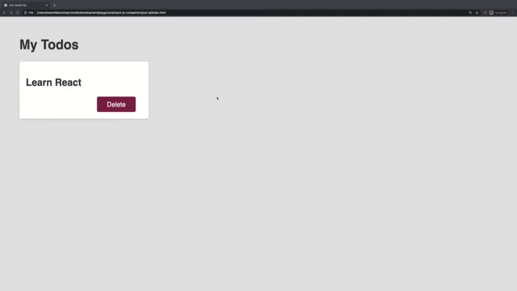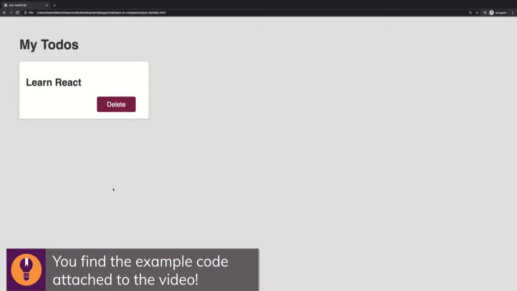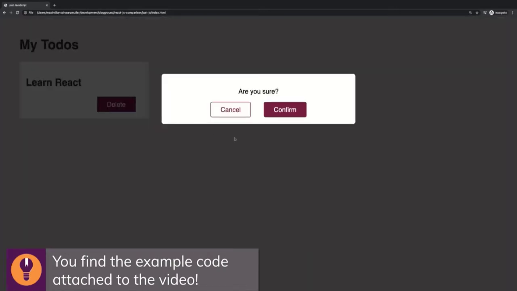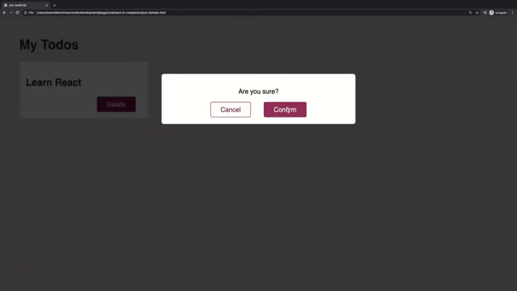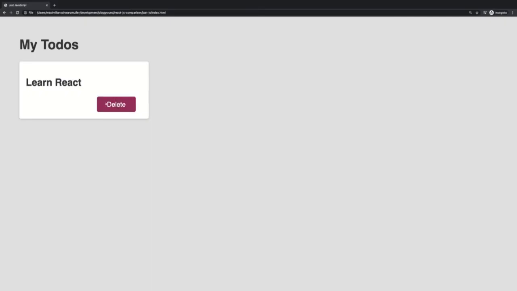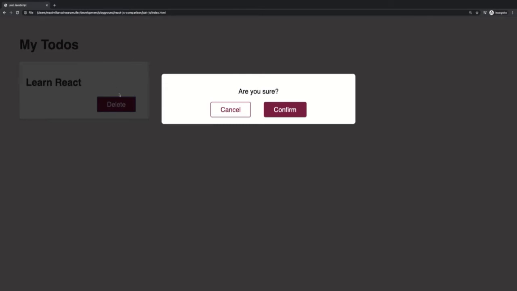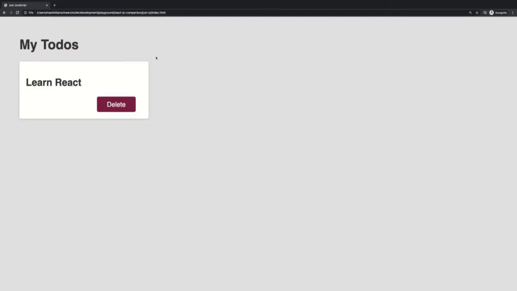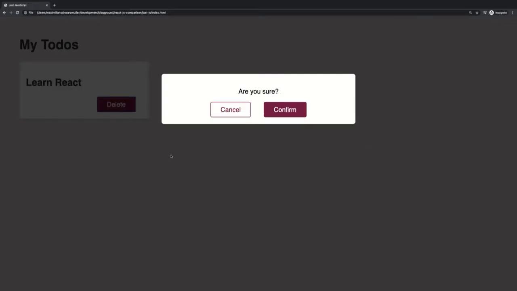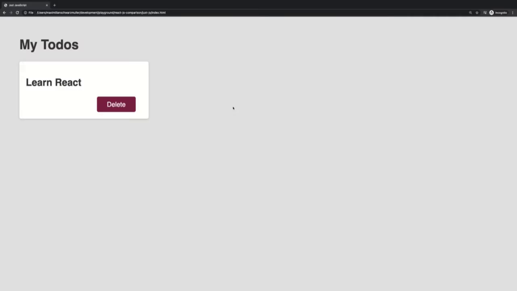This is a very simple demo here. I have some content on the page, and when I click delete, I get this overlay where I can confirm or cancel. Now, both buttons don't do anything but close that overlay, as does clicking that backdrop. But what you see on this page here, or what happens when we click delete, all of that is controlled